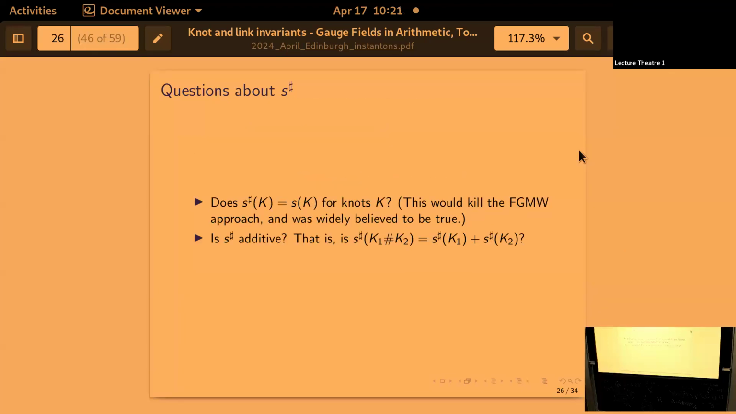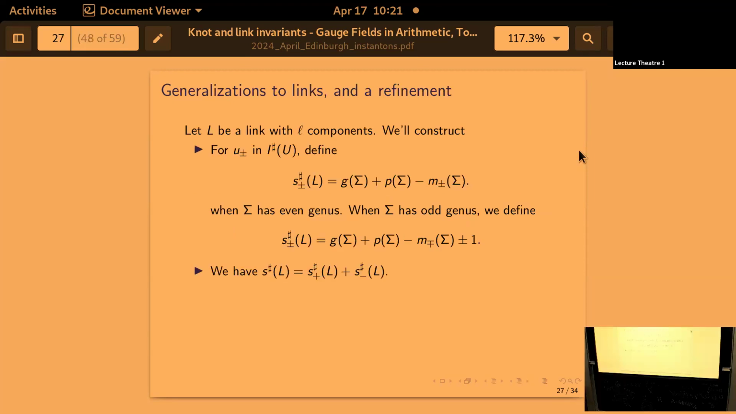And so, okay, one of my results in this field was I was able to show that the answer to both of these is no. So basically, I don't really want to get into this, but you can define S sharp for links as well. The thing I do want to mention is that you can separate S sharp into two